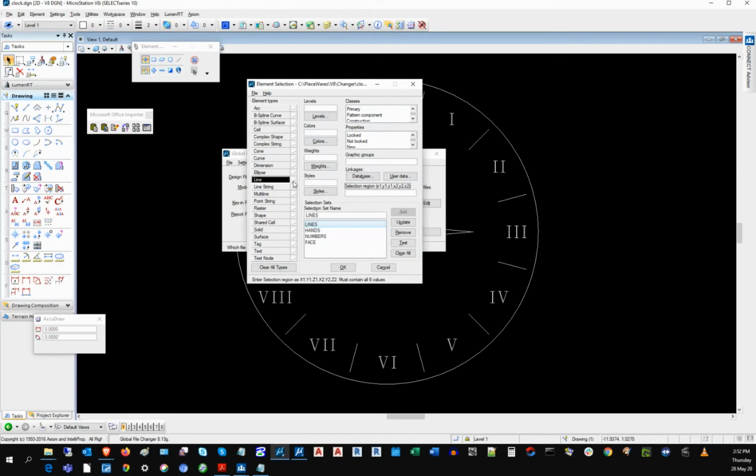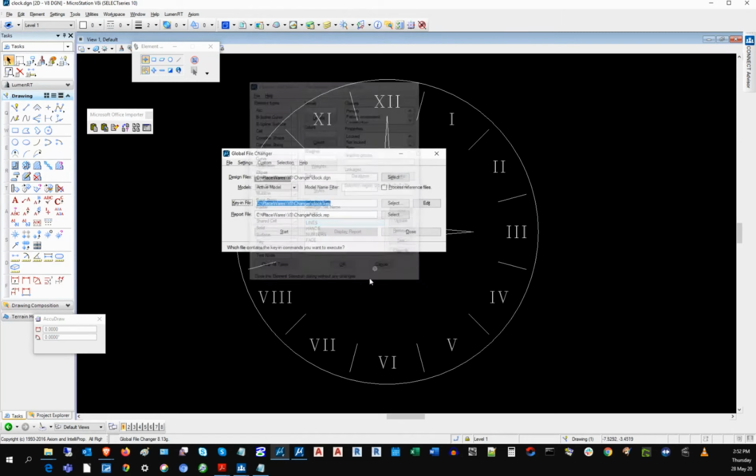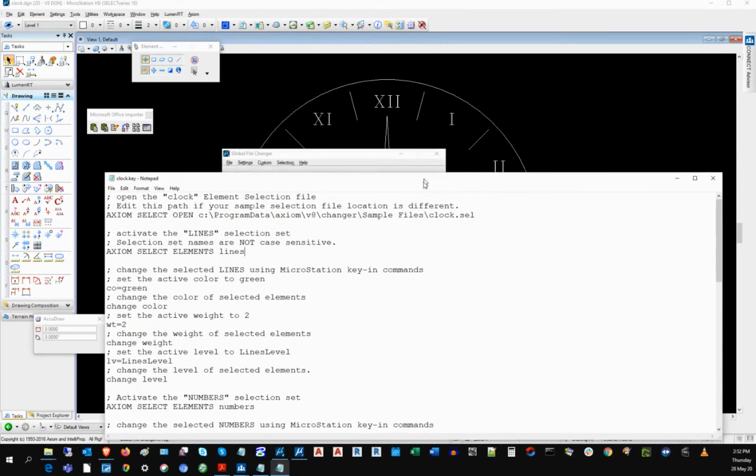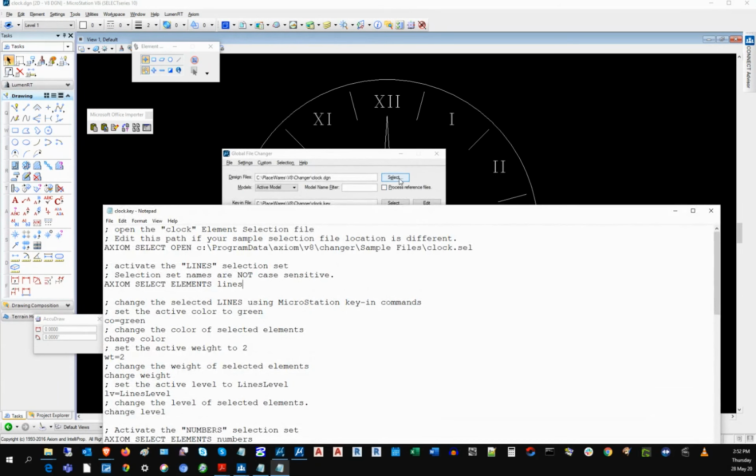You can even say, for each element type, you see this triangle or arrowhead here to the right, you click it and it gives you element-specific criteria that you can further set to isolate the exact elements I want to select for processing. Once you set this up in the selection file, you then tell it the name of your selection file. You then, for the first file that you process in your list, after you click Select and you grab the files that you want to make the changes to,